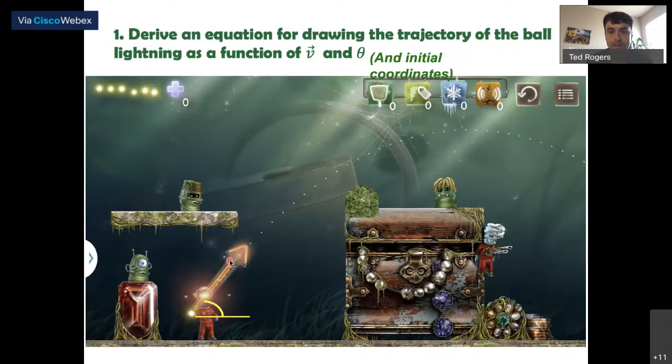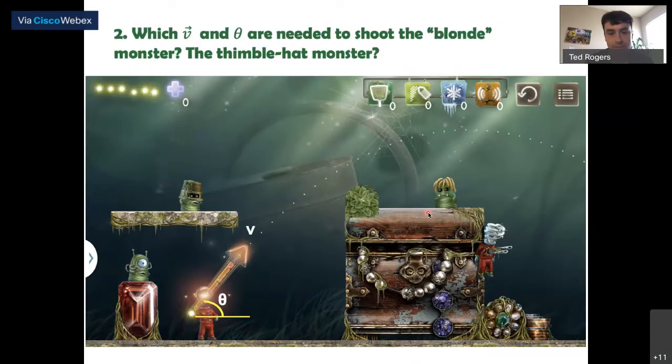Okay. And as you vary the angle, you get closer and closer to hitting this little green thing here. Okay, so the computer program has to translate the angle that the player adjusts on their joystick into a trajectory like this and tell you whether the ball lightning actually hits the monster or not. Okay. So that's your goal.